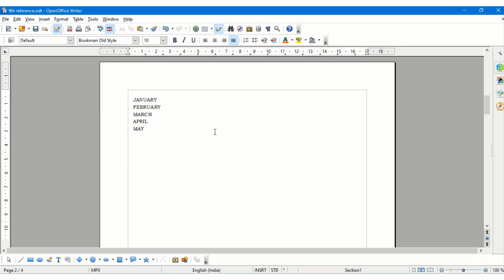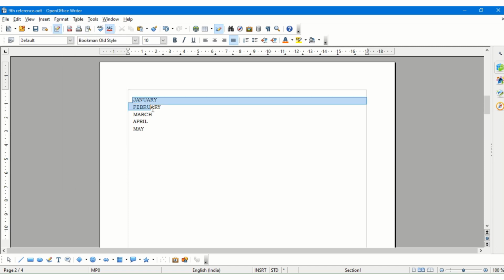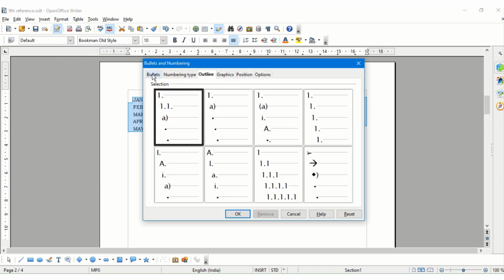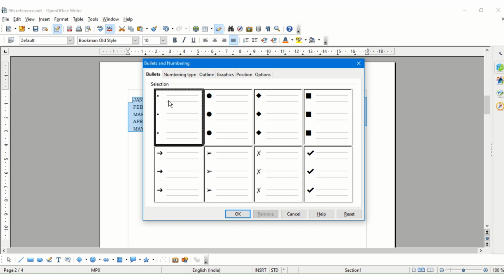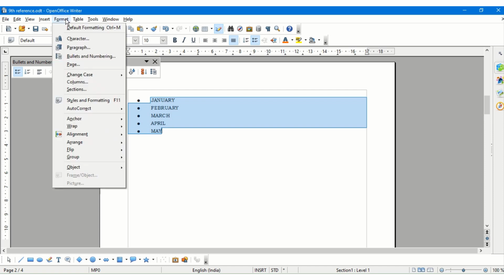The next part of formatting is the bullets and numbering option. Now, if I want to give a list of text and I want to have a bullet or a numbering style for it, I can select the bullets and numbering from the format menu. Here I can select any of the available bullets, or I can also select any numbering that I want from this menu.